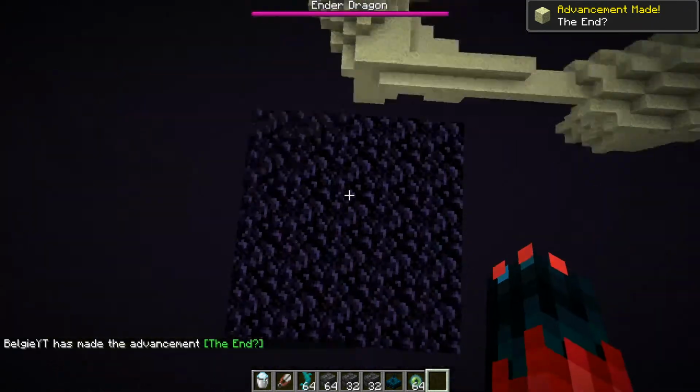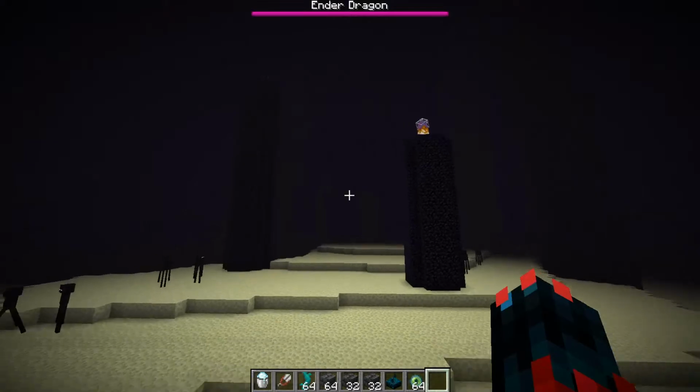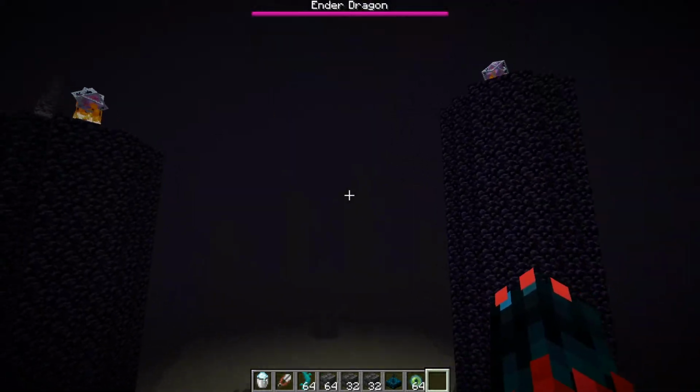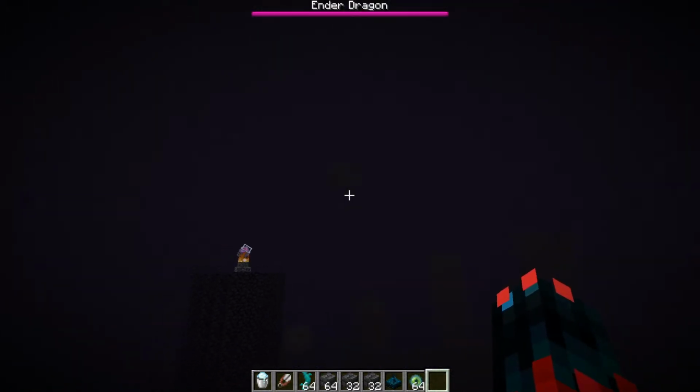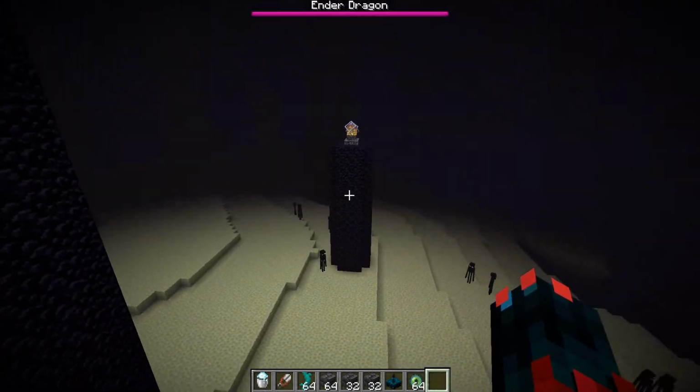So, did I spawn on that? Okay, no, there's a bit of lag. So yeah, as you can see, you can now go to the End again in this snapshot. Although, where's the Ender Dragon? Okay, he's up there. So the End is still working fine. So I think this snapshot...